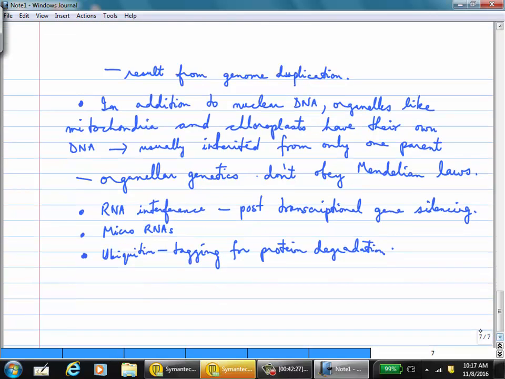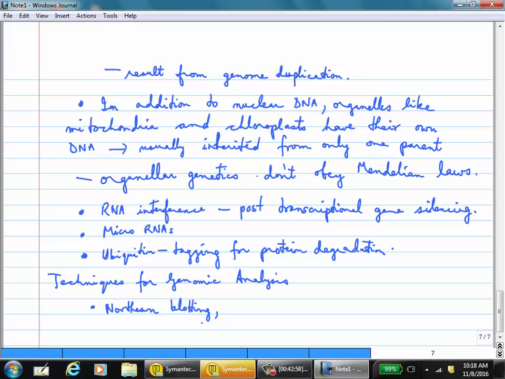All right, then I want to talk about techniques for genomic analysis. We have covered some of them. This chapter doesn't give any details, but we have covered some of these things in a lot more detail, so it'll just be like a review for you. First one, northern blotting. You have western blots, southern blots, northern. I don't even know which one is what, but roughly speaking,